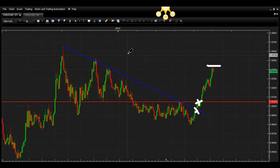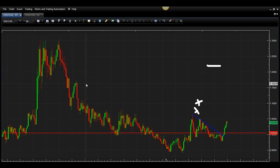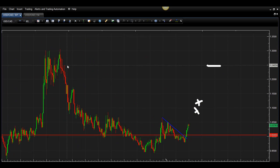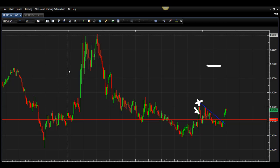I do feel that the US dollar Canadian should turn around soon, and the reason I say that is just because long term you're in a pretty significant downward trend. If you take the past 3 or 4 years into consideration, you see that there was this spike, but other than this spike up here, the prices have tended to move lower from this level. So we're at a higher level. Certainly USD CAD could go up to this area or even higher, but this is a level where I certainly think that price could turn around and head down